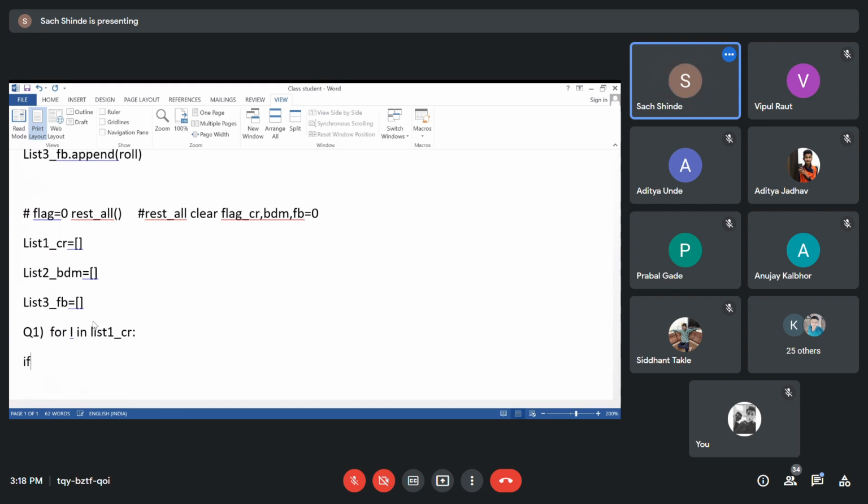So if again i in list, that is your badminton. So if it is true, then what is happening? The player is a cricket and badminton player. Do you agree with this statement? Yes, participants.